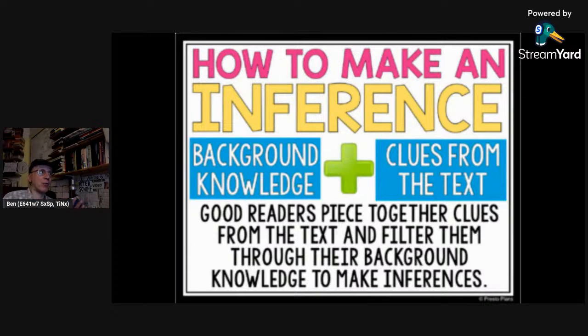People misunderstand each other. People have to look words up in a dictionary. Words in dictionaries themselves have slightly different definitions. People have a different understanding of the word empathy. So, background knowledge, clues from the text. Good readers piece together clues from the text and filter them through their background knowledge to make inferences. So you get that subjectivity in there. There is the empirical component, which enables us to communicate with each other, but there's also that subjective